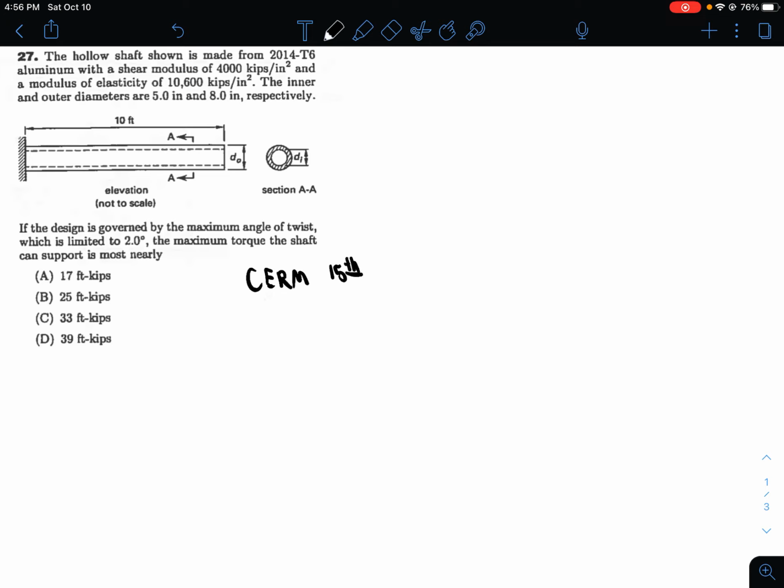in this case, it's a hollow shaft, as stated in the first few words of the sentence. And right here, let's see what we're trying to find. We're trying to find the maximum torque the shaft can support. So because of that, in the CERM 15th edition, I can see this equation right here where I have my angle of twist equals TL over JG, and that's equation